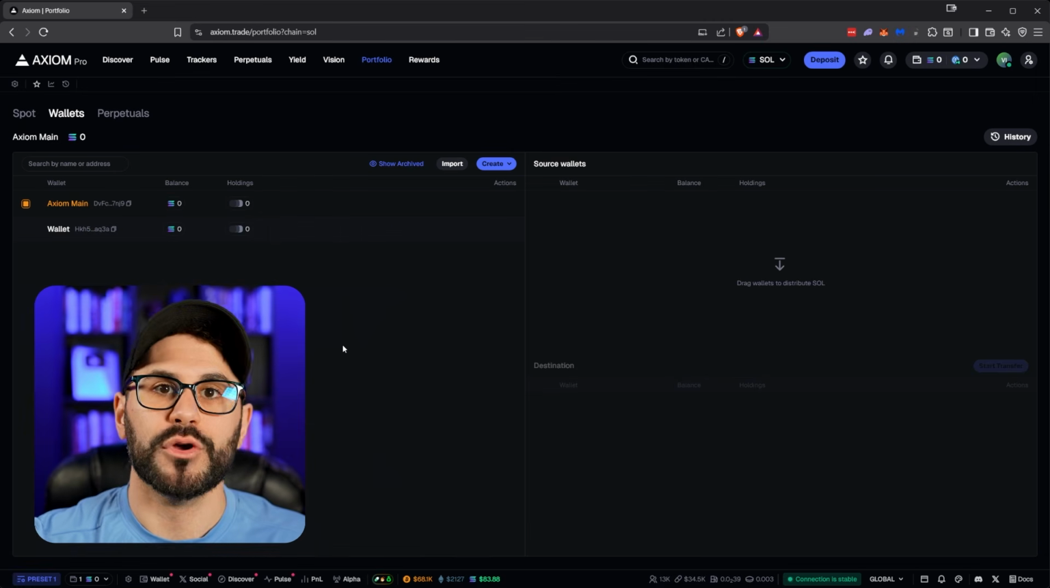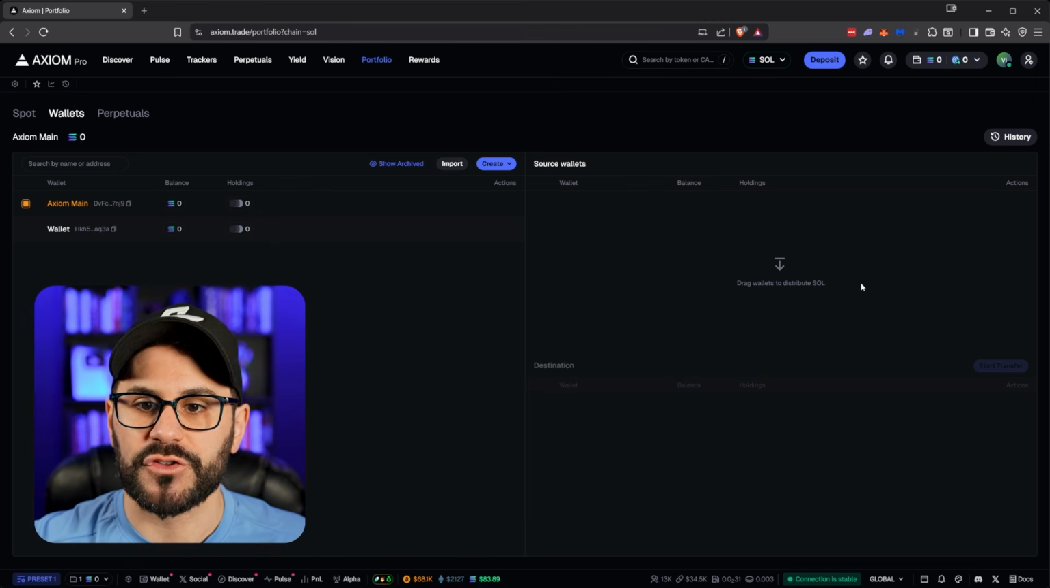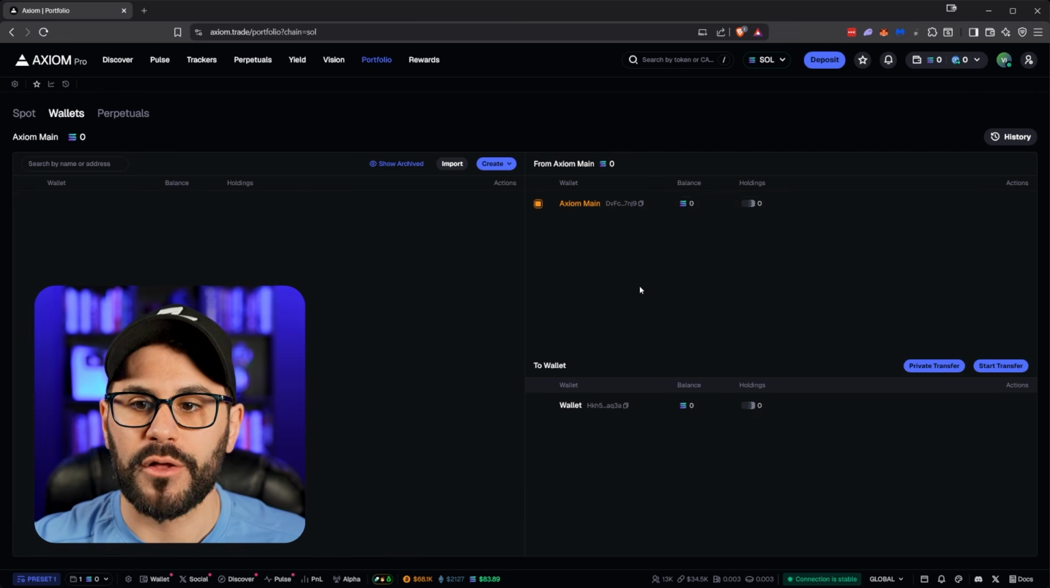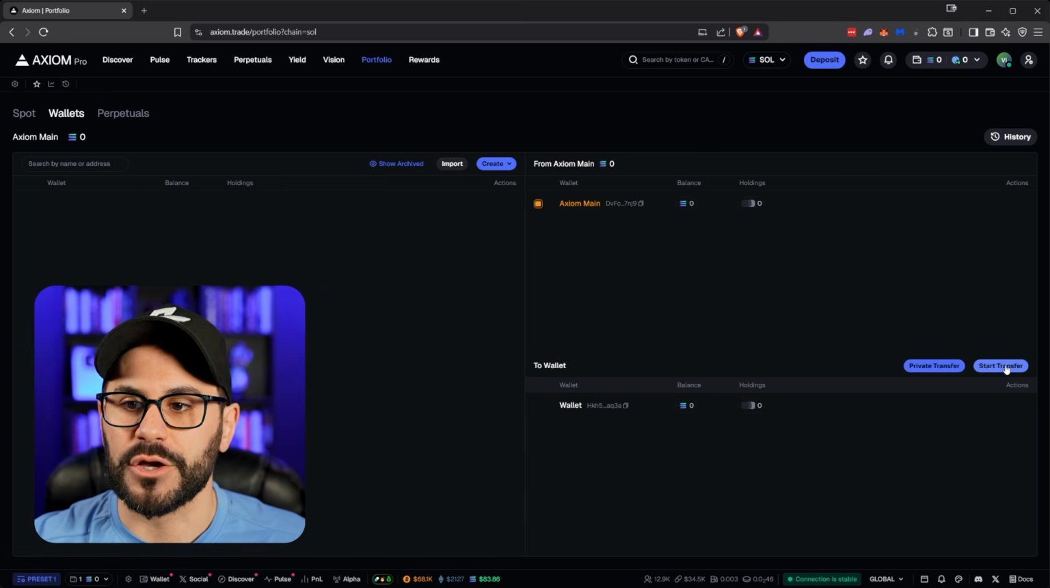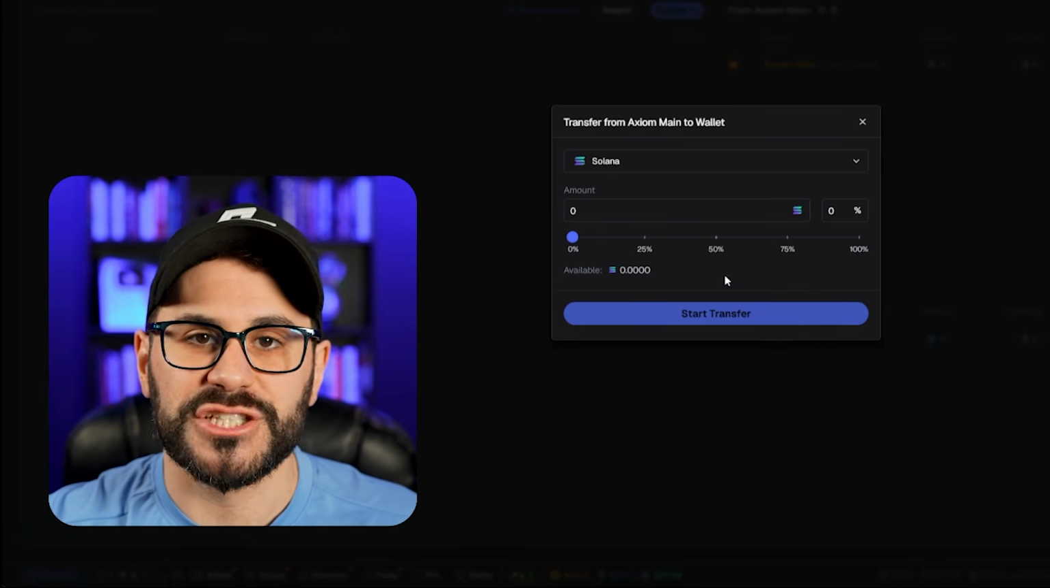Now, let's say I want to move money from one wallet to another right on Axiom. It's super easy. I have two sections right here, the source wallet and the destination wallet. So let's say I have money in my main wallet and I want to move it to this secondary wallet. I literally just drag and drop them right in these different sections. I can go start transfer and enter the amount of Solana, or slide this percentage bar where I want and hit